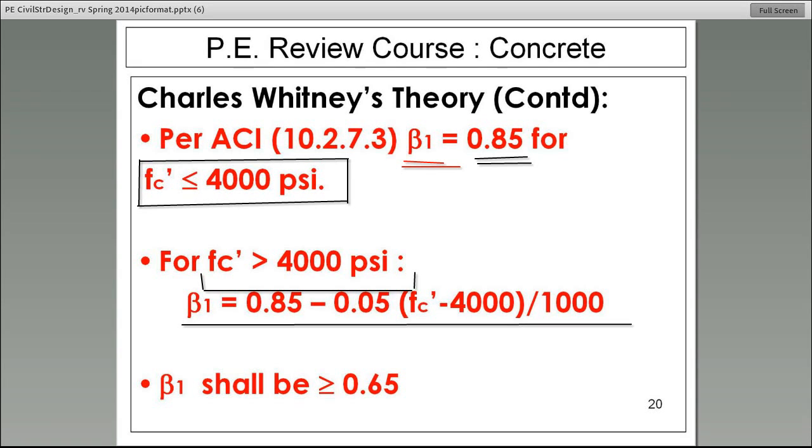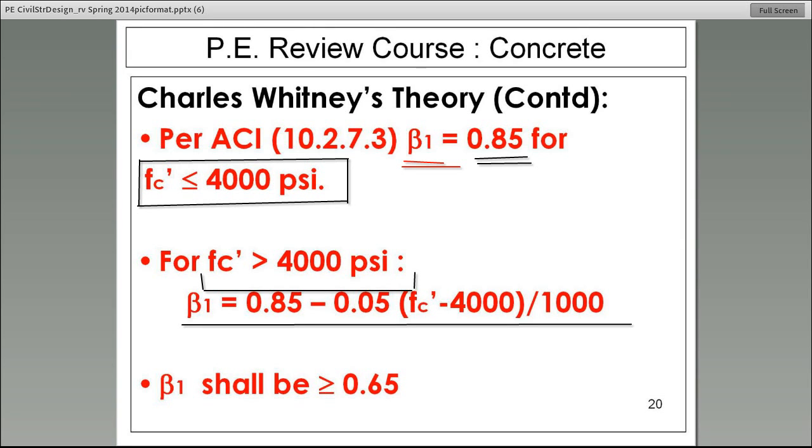So pay attention. If beta 1 is 0.85 for 4,000 psi, tell me, what is beta 1 for a 5,000 psi concrete? Well, that's a 1,000 psi increase in compressive strength, so beta 1 will be reduced 0.05. So what would the answer be? 0.8. 0.80 if compressive strength is 5,000. Now,